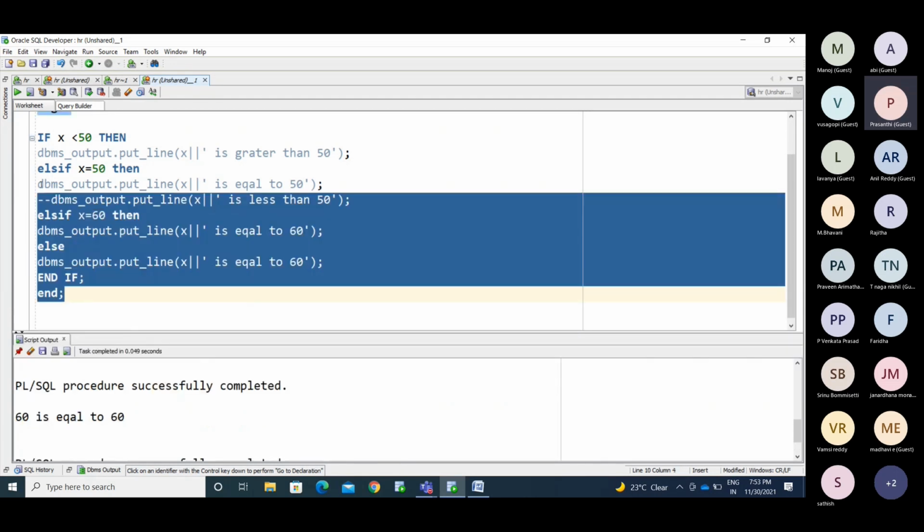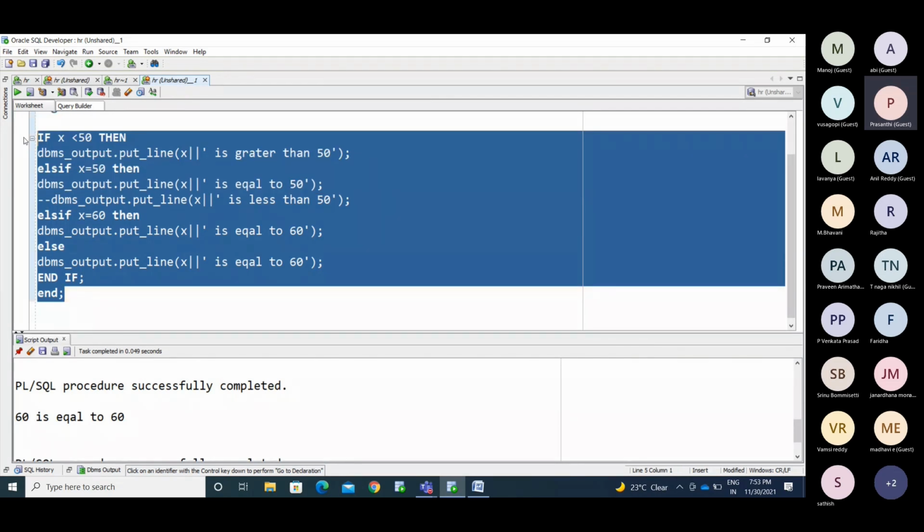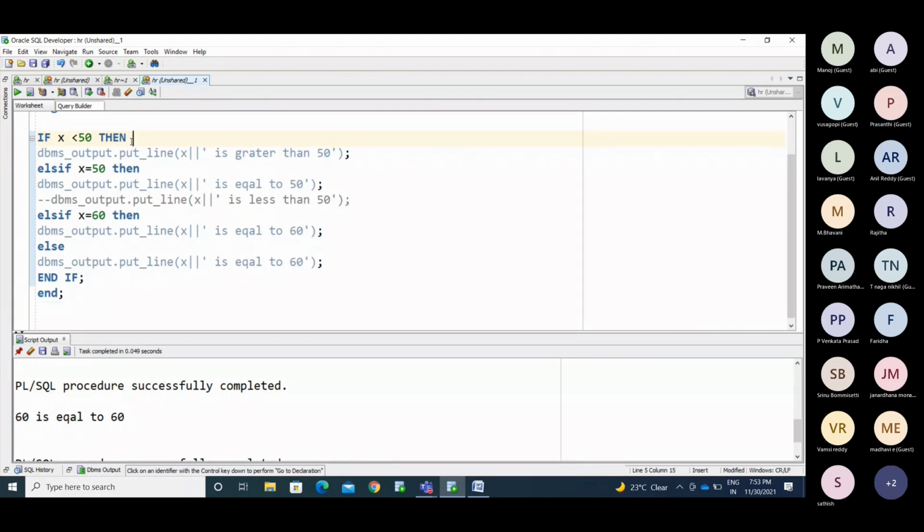So this is about the if statements. Simple if, if else, else if else if else. We have three ways: simple if, else if, and else. You can put if else also. Check one condition, and if it is not meeting that, put the else block. If you want to check with only one case, put that condition and put all the other things in the general else. So this is about the conditional statements.